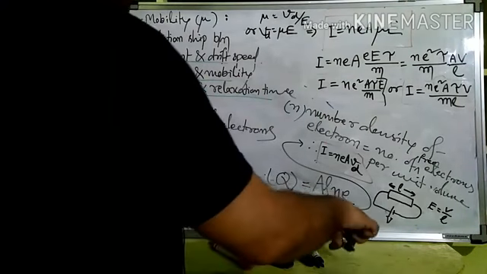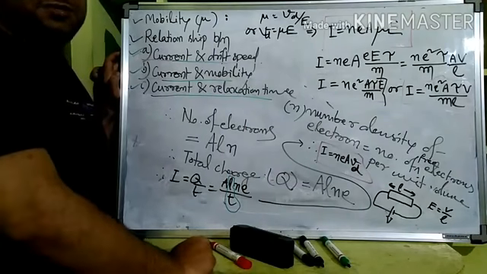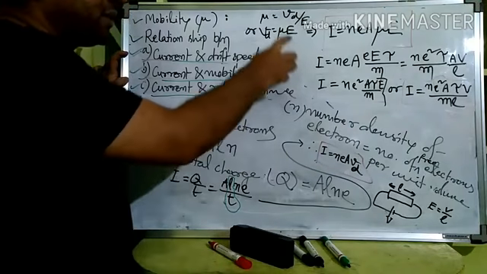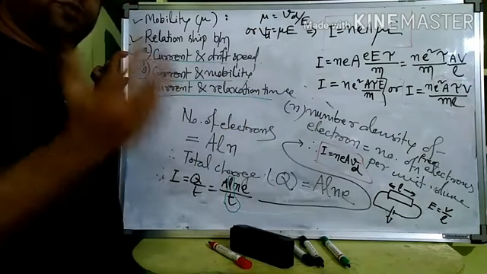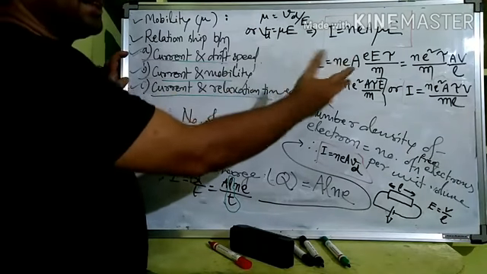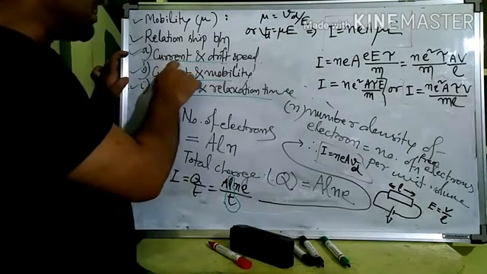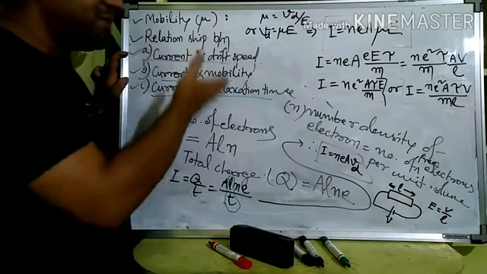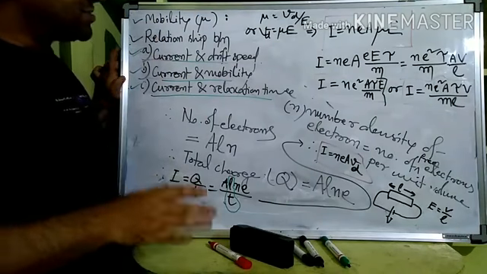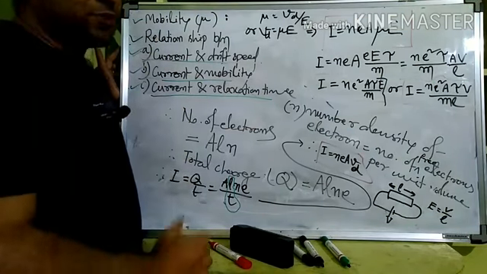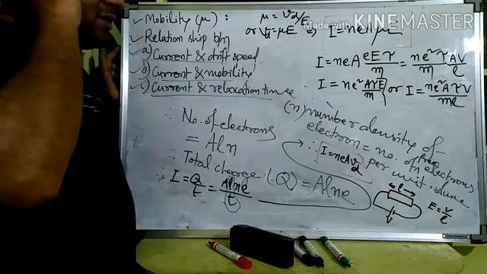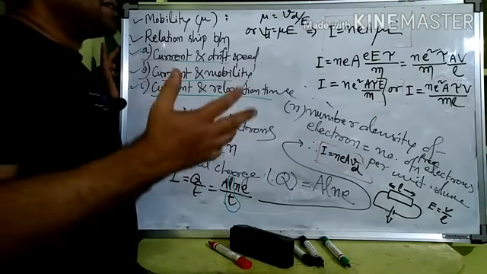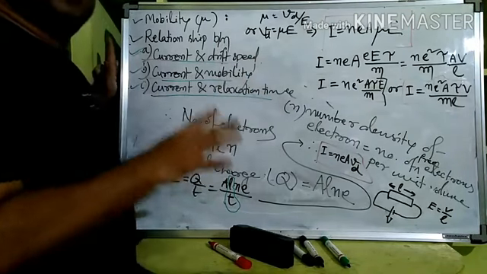So these relations are coming as different questions many times during board exams. So you have understood that with the derivation of drift speed, these three things also we know already, right? It's just playing around this thing to bring out some relations. One is relationship between current and drift speed, current and mobility, current and relaxation time. And what is mobility, if we have understood, we can proceed from there, right? So drift speed was the main concept. What's the drift speed, how to derive drift speed, and actually drift speed is related to resistance, how we will see in the next class, but the core concept of this class was drift speed only.